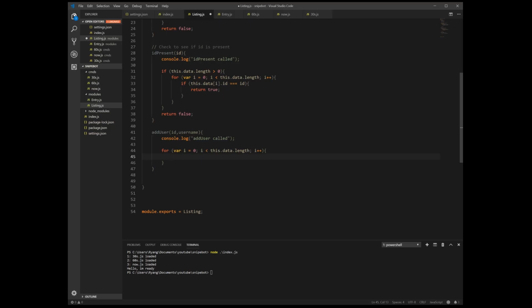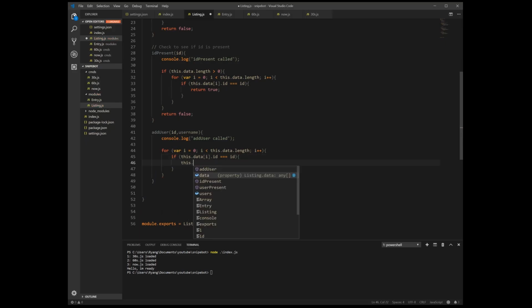So for this, we're going to check if this.data ID is equal to ID. If so, we're going to this.data.users.push its username,